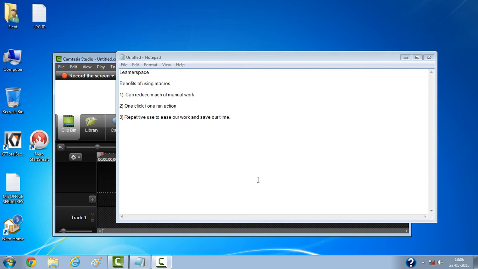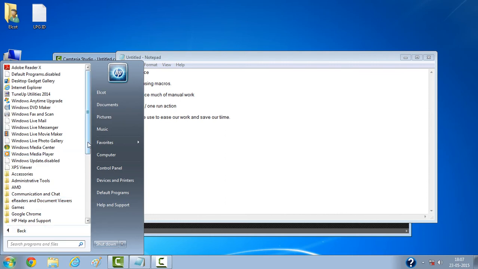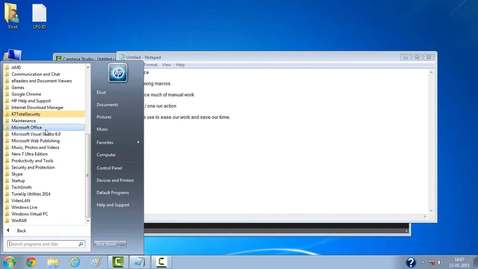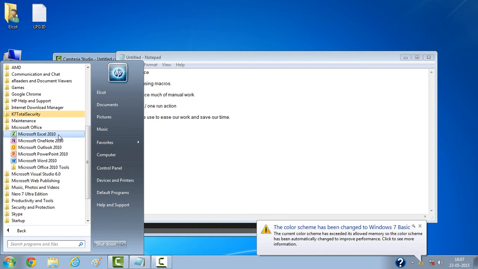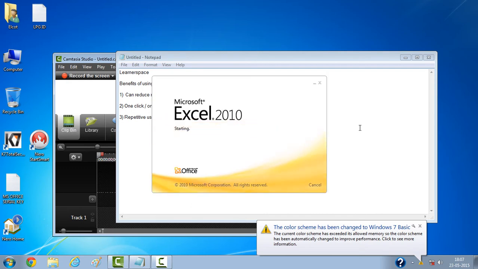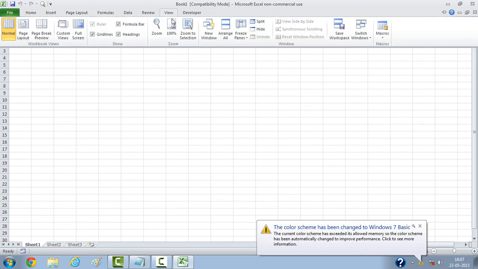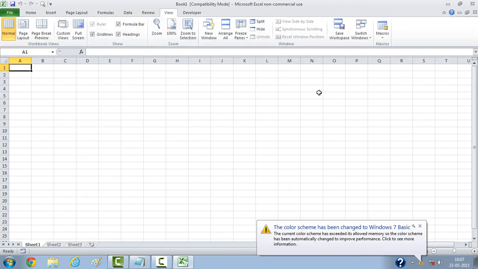So first, let's get to know how to reach this macro window. First, we need to go to Start and open Microsoft Excel 2010 or 2007. Any version is acceptable here, so whichever licensed version you have, you can go. And you have to remember something: pirated versions will not have the facility to use macros. Only if you enter a valid license key and activate them will you be able to go to macros.